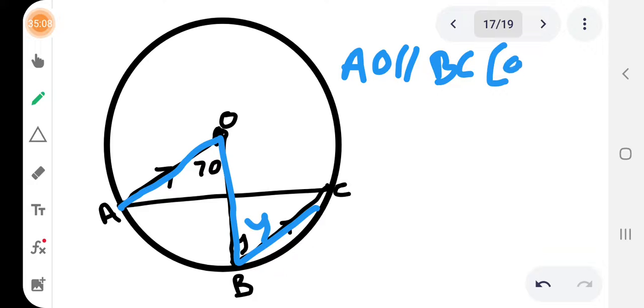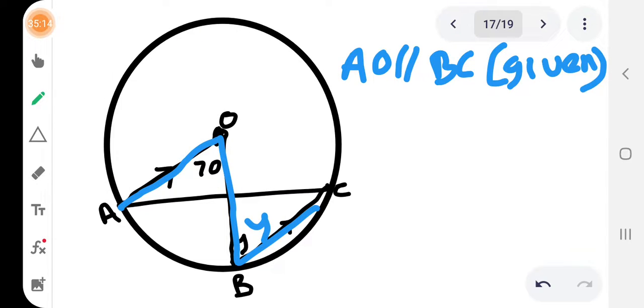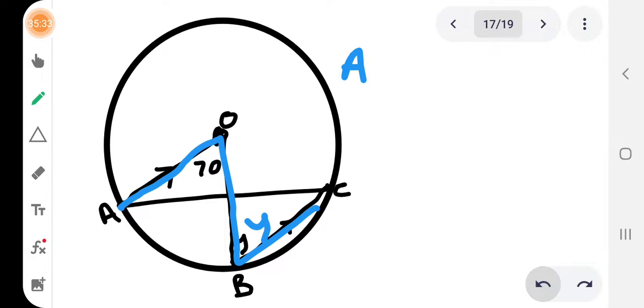We are given, let me use blue color. So let's start with alternate angles. Okay, I made a mistake. So let me start with this one, because